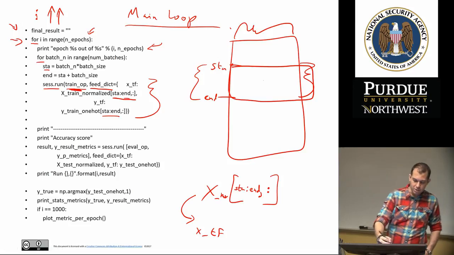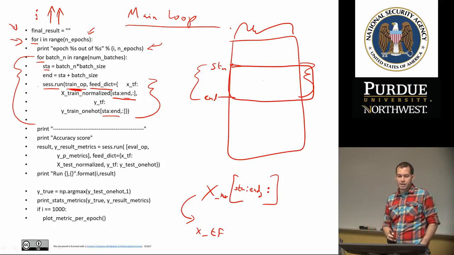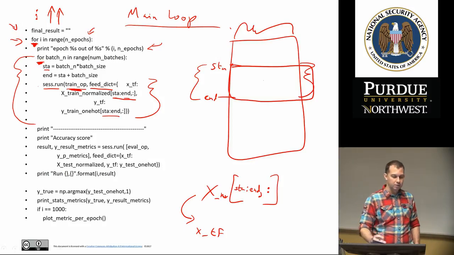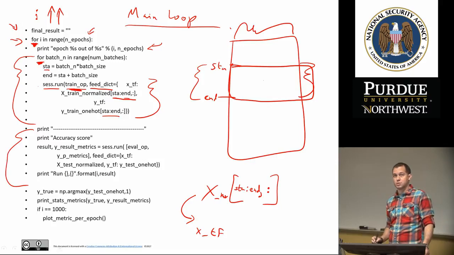So this for loop will basically just train our data over and over and over again. Now, notice that this for loop is from here to there. So every epoch, we give it a batch. That's what this tells us. Every epoch from this for loop, we give it all the elements in this batch. So we take for batch in range of num batches, we train the model, and then once the model is trained, after this for loop executes, we proceed to the next section, which is to